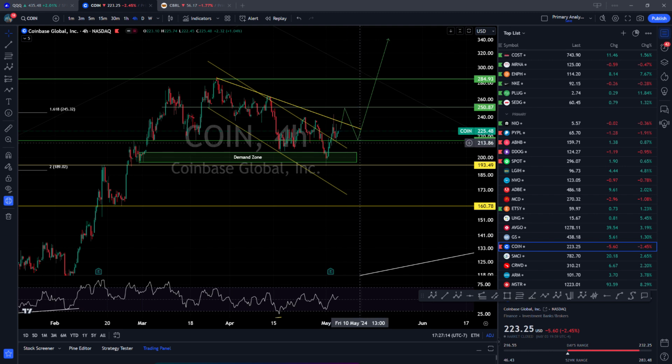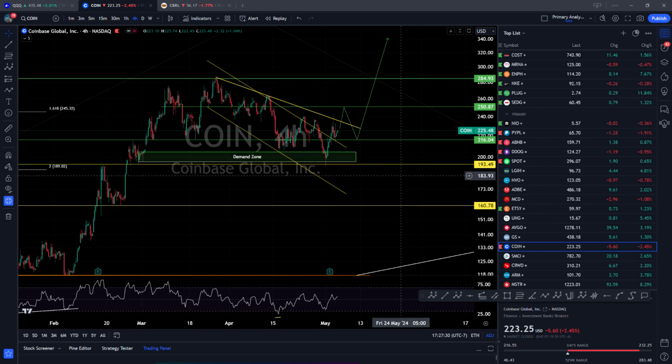dip should come again. Next time it comes, this is where you need to load, around 213 to 220, somewhere around that number. If you have missed it already here at 193, you will get an opportunity to pick it back up again before it starts breaking for the new highs.